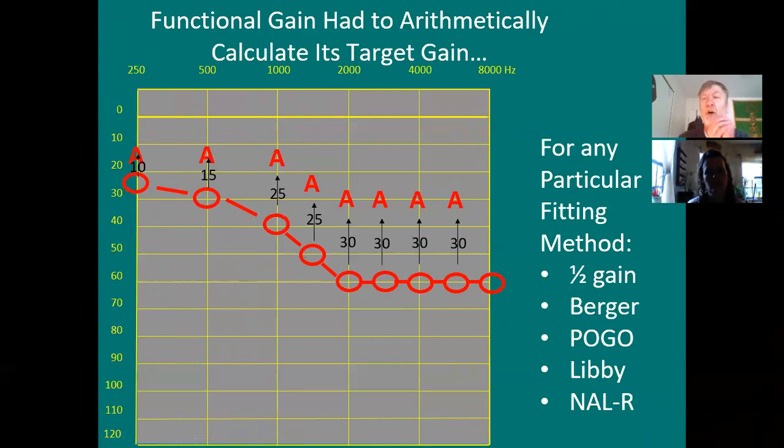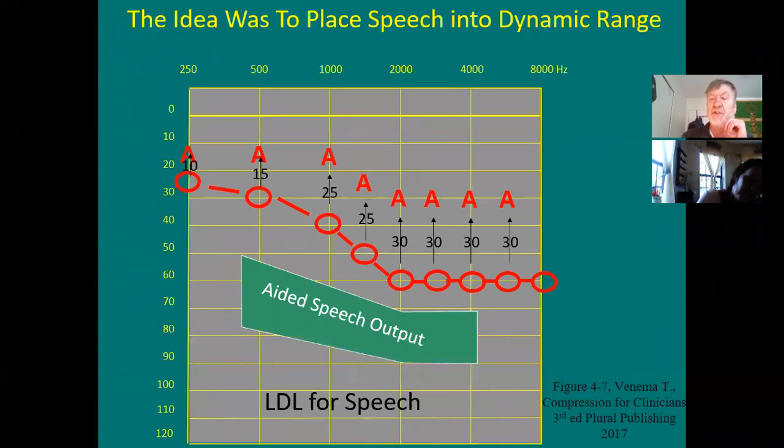Oh, by the way, always remember the definition of functional gain. So on a quiz or on a midterm, whichever, functional gain, what is it? The difference between aided and unaided hearing thresholds. Okay? The difference between aided and unaided hearing thresholds. Unaided under headphone, aided in a sound field with a hearing aid on. Okay? When you go to insertion gain